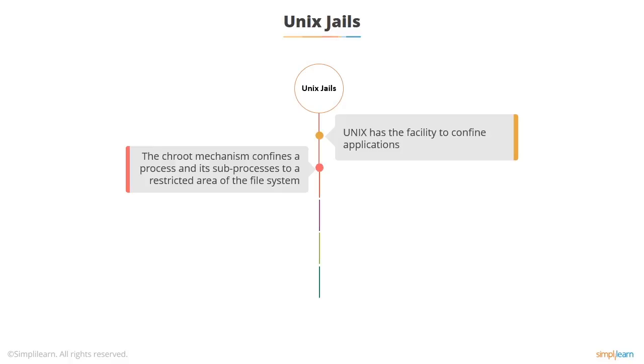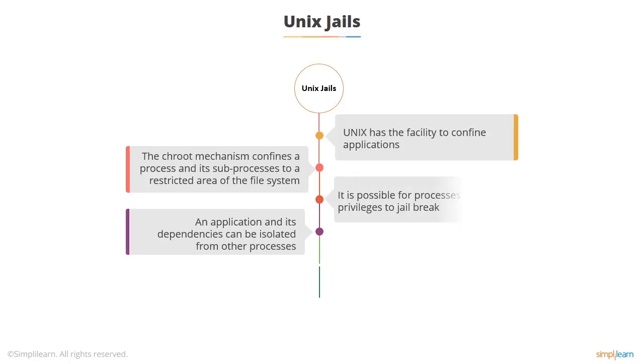As it can only access a small part of the file system, it can't actually interfere too much with other processes. But it is possible to get out of a chroot jail. In fact, it's not difficult at all. If you've got root access, you can do it by creating a subdirectory and doing a series of CDs. You can get yourself out of the jail. It's not a big deal because the chroot mechanism is usually only used to restrict applications to certain parts of the file system, and they're unlikely to be able to invoke that mechanism because they will typically run as a non-privileged user. But now what we've got is the idea of container technologies.